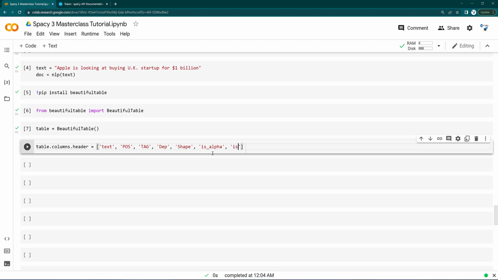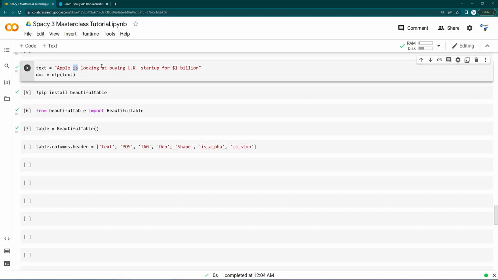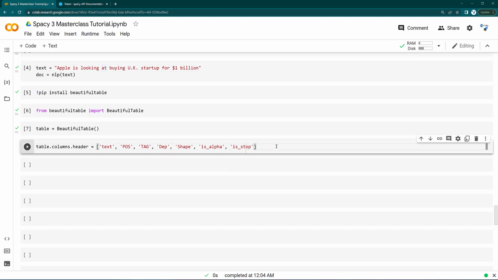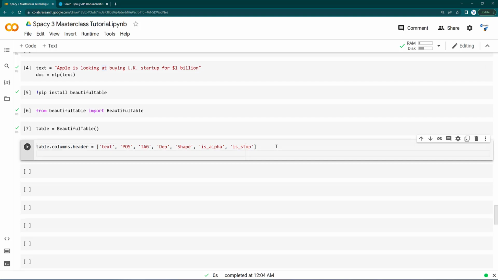And at the same time, we can also get is_stop. That means if a particular value is a stop word or not, like these are the stop words there. All right, so that's how I got this table column header, and then I can simply go